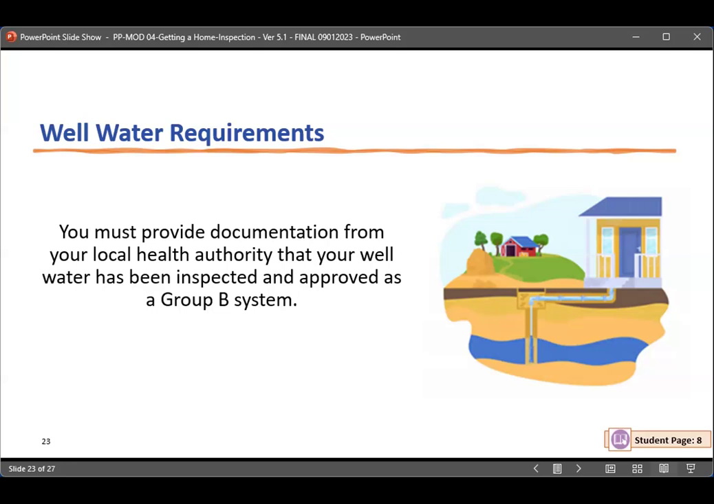Okay. And then if you have well water, so typically you will have a well or a small public water system for your home. And so you need to provide documentation from your local health authority that the well water has been inspected and approved as a Group B system. Group B public water systems have fewer than 15 connections and fewer than 25 people per day. So the Office of Drinking Water and local health jurisdiction regulate the Group B systems in our state. You can find all of that information on page 8